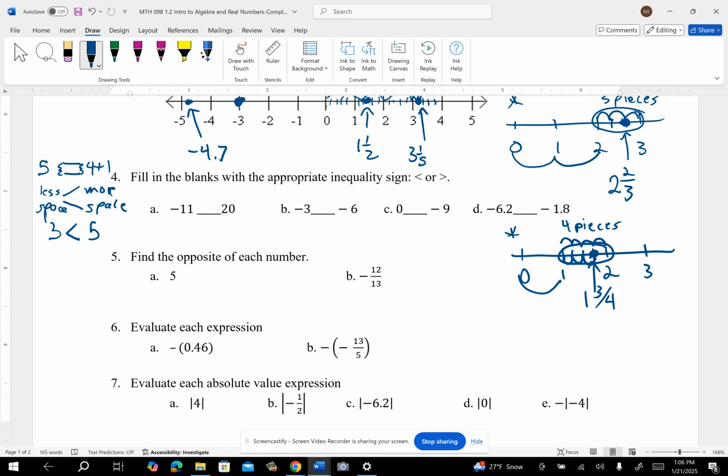Okay, and for a greater than symbol, it's the other way around. It looks like that. They kind of took the equal sign and made it have less space on here and more space there. Okay, so it's like 5 is greater than 3 is how it would have to go. All right, now,